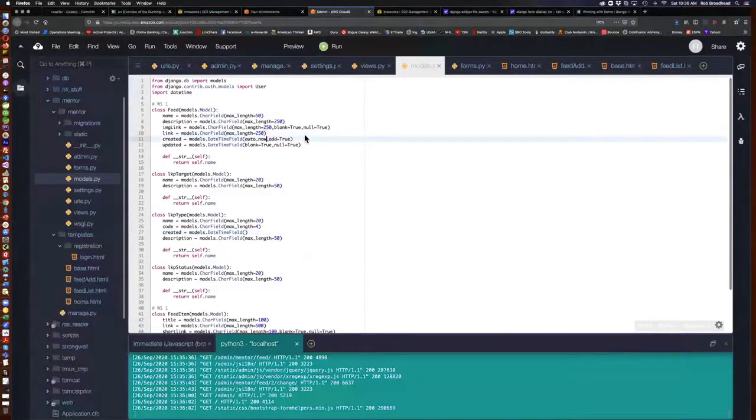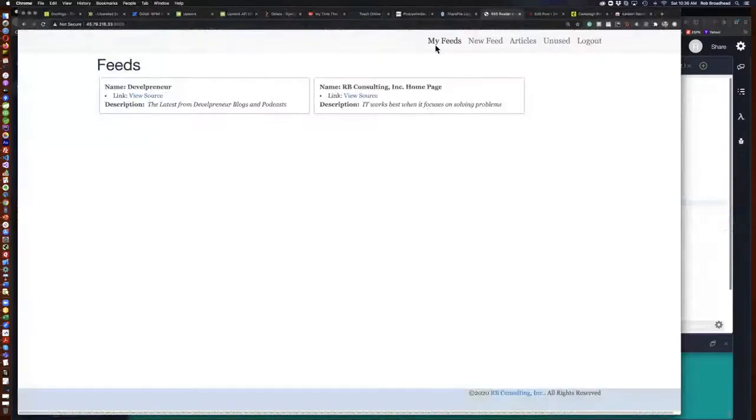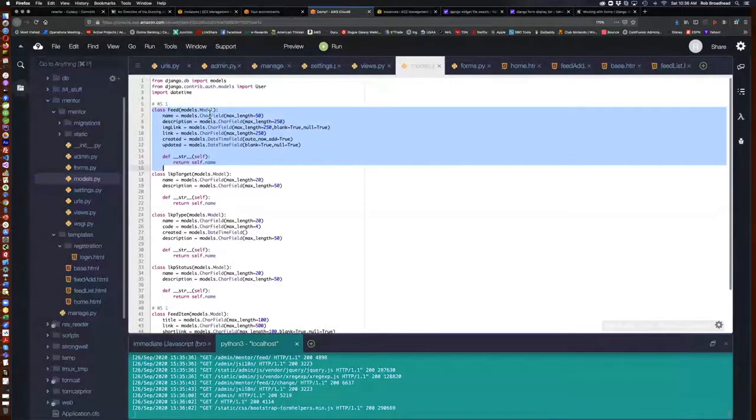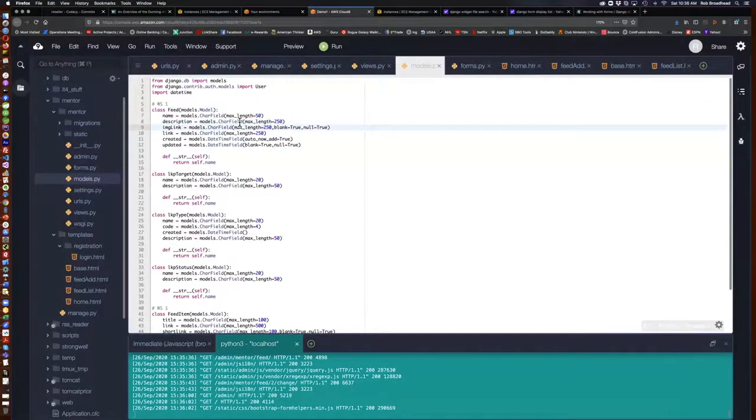Now, in this case, I actually want to go down here. Well, let's start at the top one. So each of these is a feed. And those are driven by the model here. And we saw this just a second ago: you've got a name, a description, an image, a link, created and updated. And you'll also see here, let's do this one, these columns, and we've talked about this before,